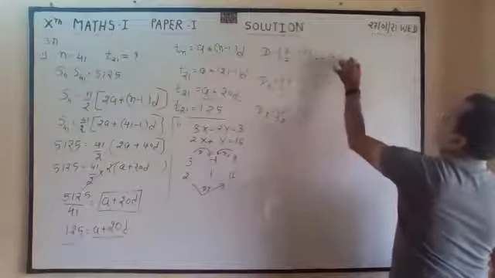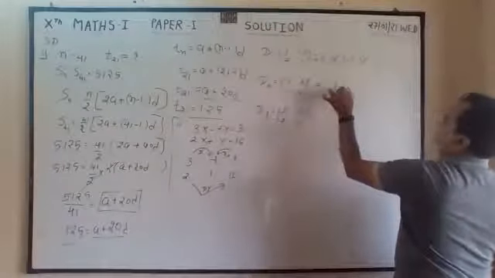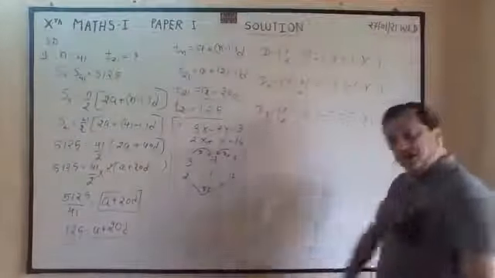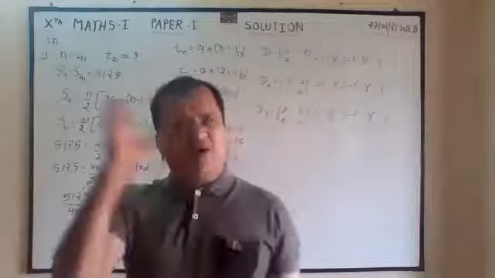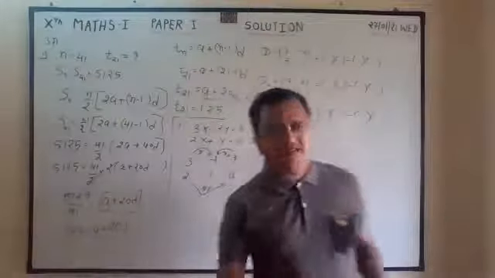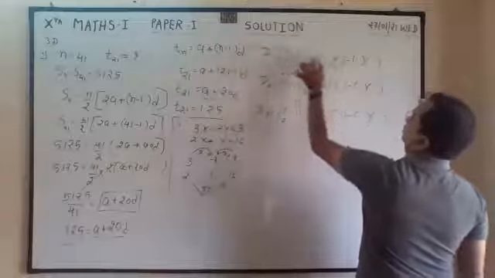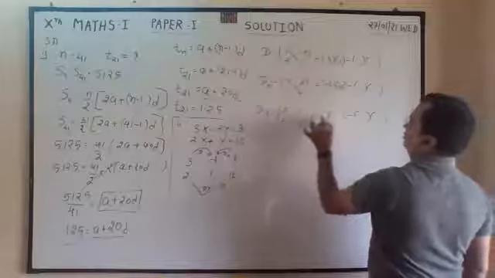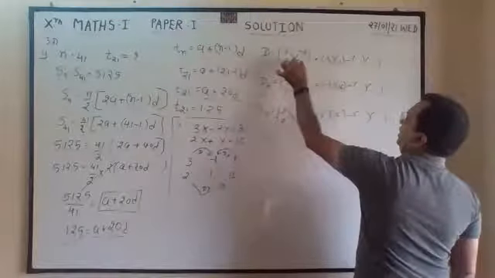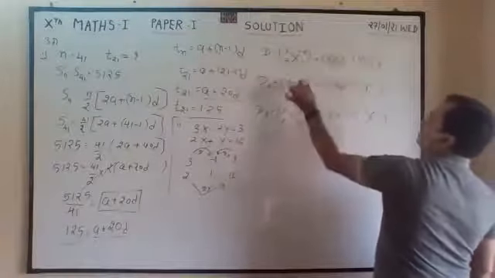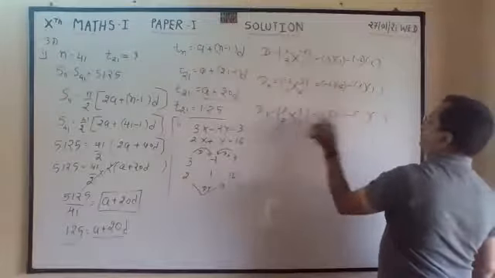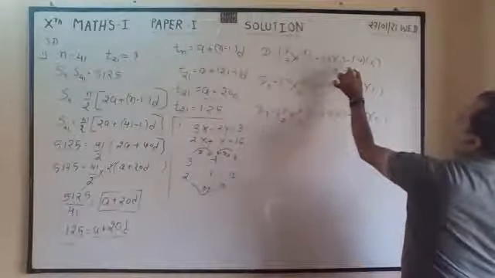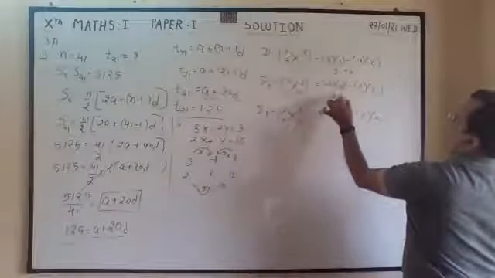Always have a habit of writing 4 brackets. Write 4 brackets, then only substitute. Otherwise, plus and minus, you will make a mistake. So these always first, 3 ones are. These always first, minus 2 16s are. These always first, 3 16s are. Then next, minus 2 2s. Then next, 3 ones are. Then next, 3 twos are. Then write this answer. 3 minus minus plus 4. 16 twos are 32 minus.